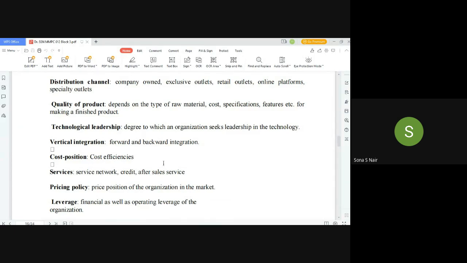What is our cost position as far as the other competitors are concerned? What kind of cost efficiencies we have? What is more costly for us and what is less costly for us? We might be owning technology, we might be having some patents, so we might possibly have cost efficiencies over there. Services, what all services are involved in the product? What is the position of that? How are we as compared to the others? That also is one dimension which needs to be considered.